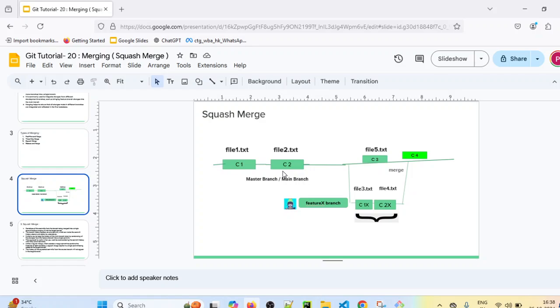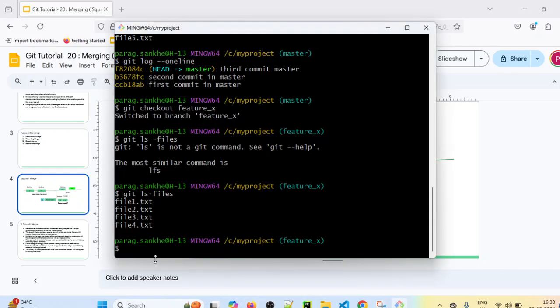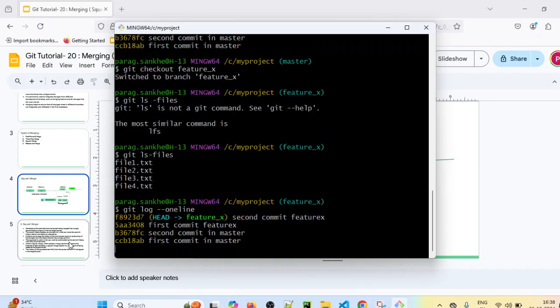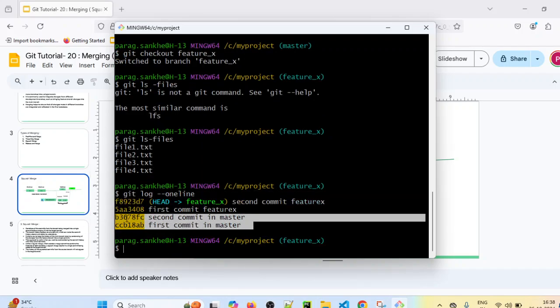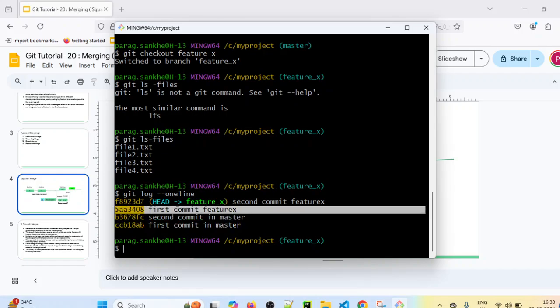So now I want to perform a squash merge. If you perform a squash merge, it will combine all the feature X branch commits into a single one. Currently if you see git log --oneline, 4 commits are present in feature X branch. 2 are from master branch which were inherited, and the 2 new commits which we have done in feature X branch.